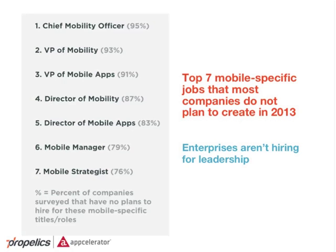Another question we asked is, okay, what about leadership? How are you preparing for this onslaught of mobile applications? And obviously, there's purview over all these back-end data sources. Obviously, you're building a ton of applications. From a motivation standpoint, depending if you talk to Gartner or Forrester, it is either number 1 or number 2 of the CIO's top priorities for 2013 and for 2012. It has been one of the top 3 priorities for CIOs for the past 5 years, but interestingly enough,